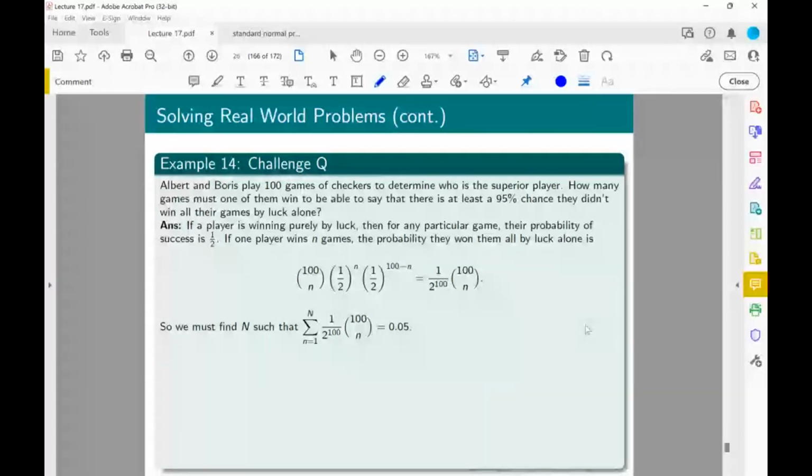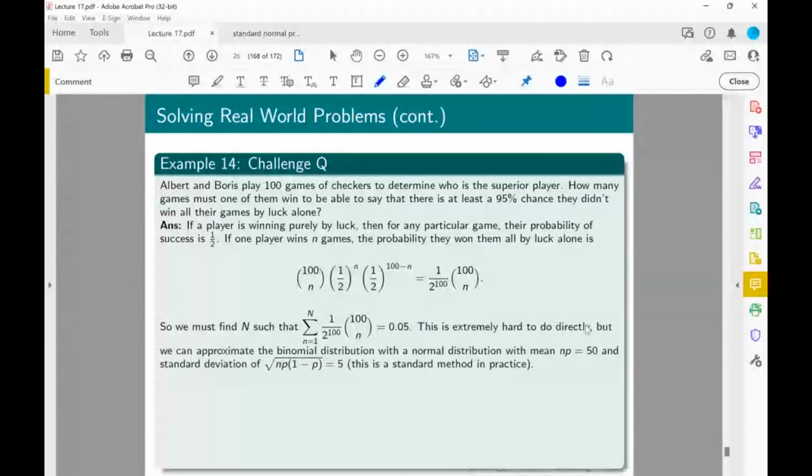theoretically. In practice, what we do instead is we just approximate it. So there's a technique for approximating it with the normal distribution, which means the new mean should be n times p, which is 50, and the new standard deviation should be 5. So you just take that as given for this one. And so we can work backwards to work out that our z-score should be 1.96, and then use the given mean and standard deviation to work backwards,